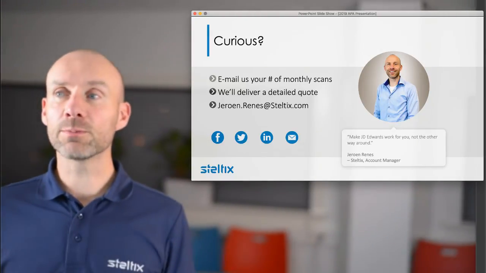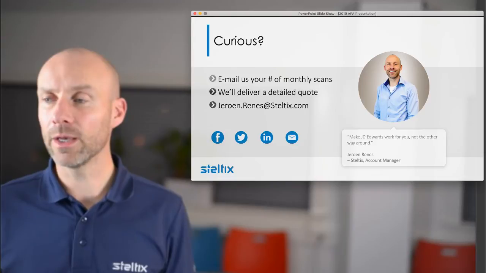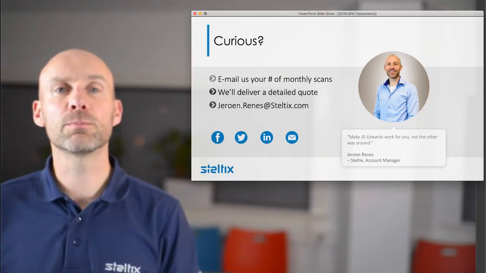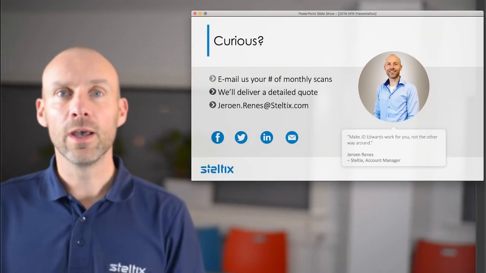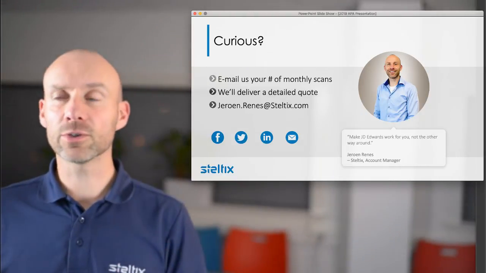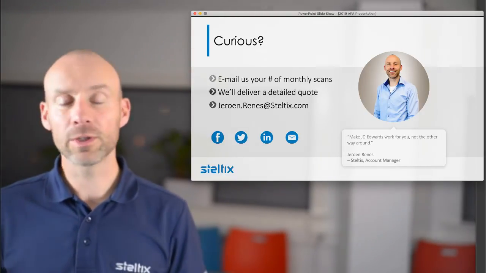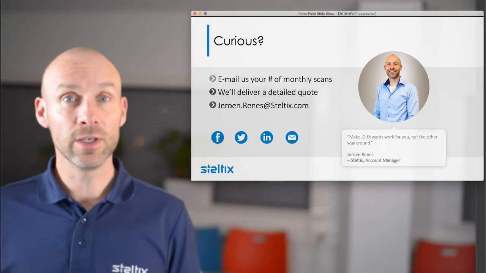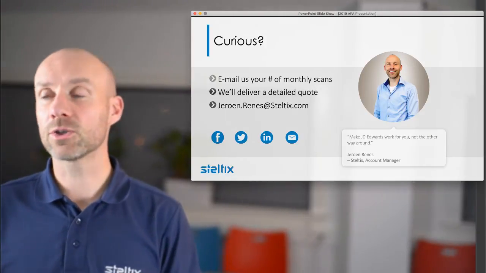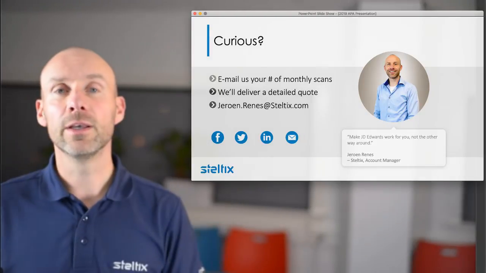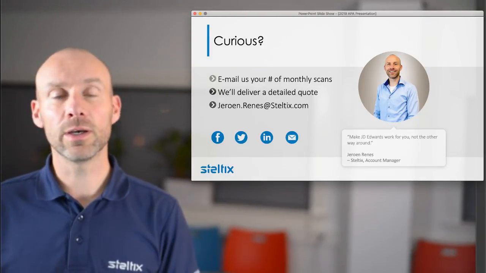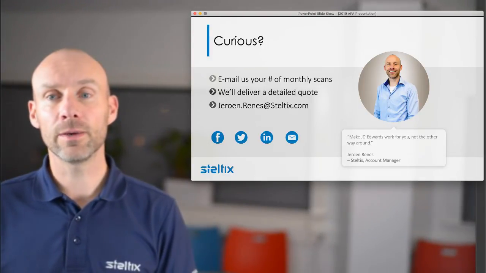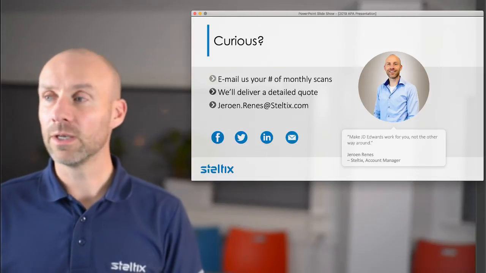Also from an investment point of view, if you want an indication of what this product would cost, please share your details with me. It's quite easy actually, because we only need the number of scans that you want to process per week, month or year, and I'll get you a quote the next day actually.